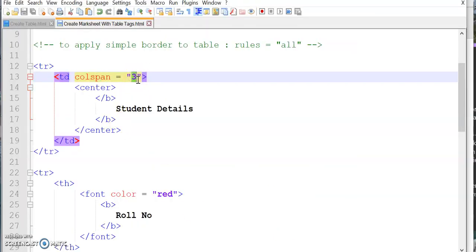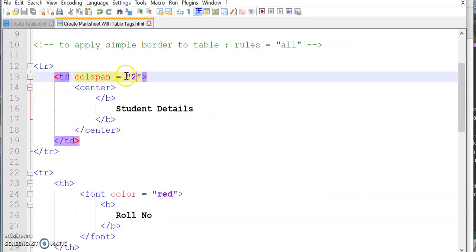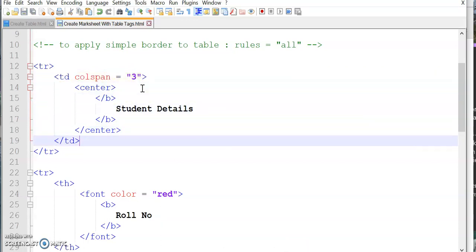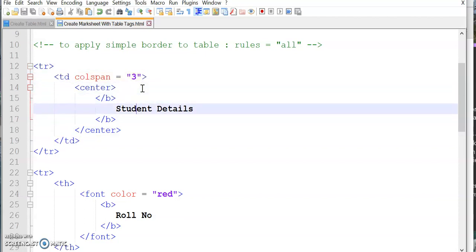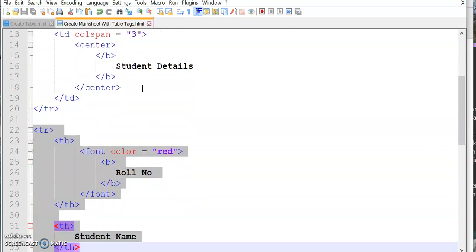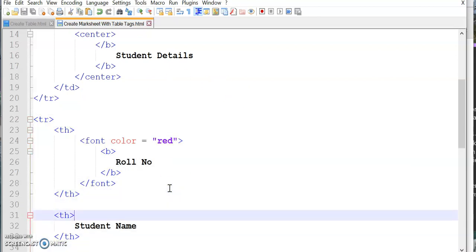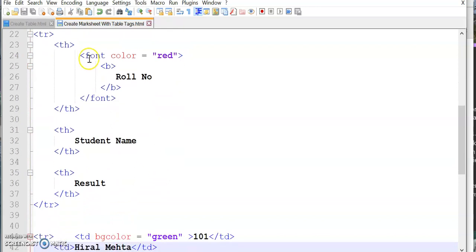What if I write 2? Just imagine in your mind what would be the output. Colspan 2. What will happen? See, right? So the first and second columns merged. So this way you can merge the columns, right? And I think center, bold, all these things you know. So this is your first row and the first data. Now the second row is for the heading thing. Heading we have already discussed in the last lecture, so we are not discussing it here, right? You know, right? Heading thing. This is a simple font color that you can use whenever you want to use color.